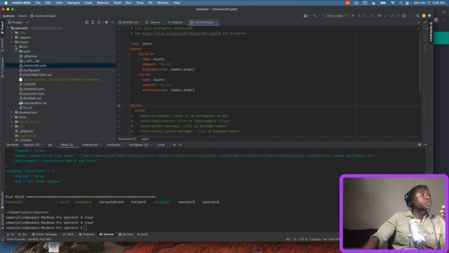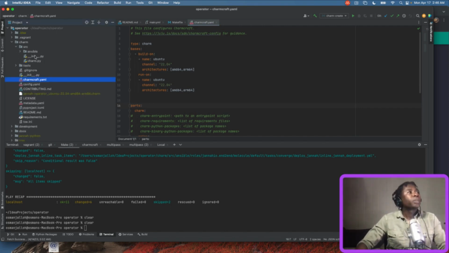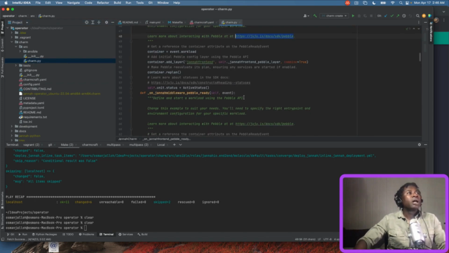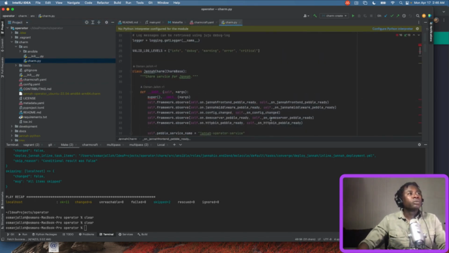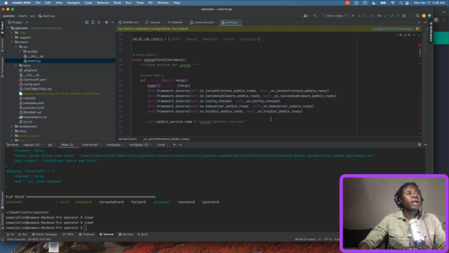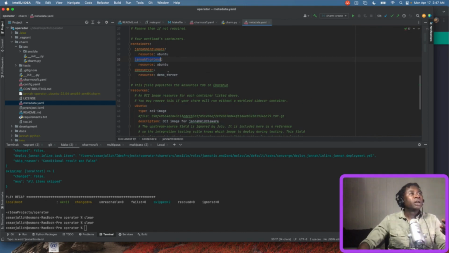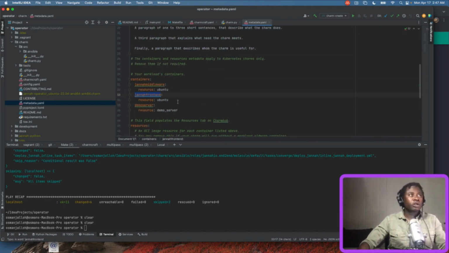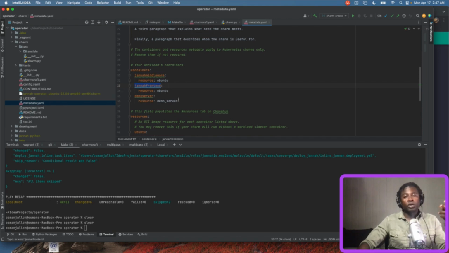Okay, so the actual source code for the charm is here. So this is what a Python file is. So this Python file is an event-driven machine. What it does, it says, okay, what are my pieces for this operator, right? So what does this operator comprise of? So in this metadata file, you'll see, because we're starting this journey early, right now there's two main pieces, these two containers we want to